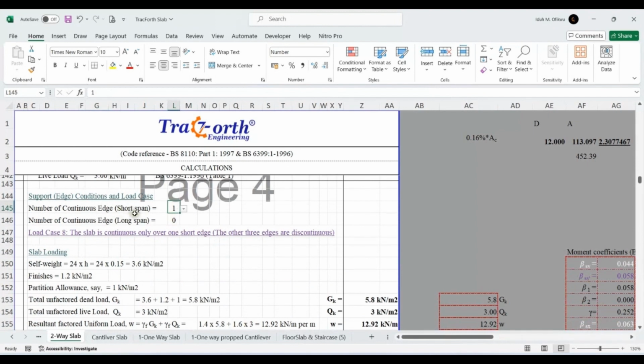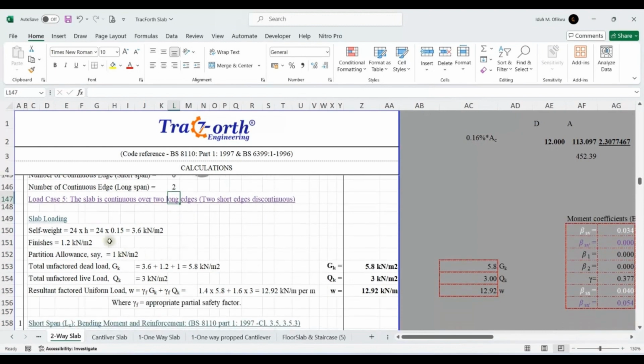Then the number of continuous edge, short span, is what? Is 0. Long span, the continuous edge, we are dealing with the edges now, is 2. So meaning the slab is continuous over 2 long edges. Then 2 short edges discontinuous. So when we put that,